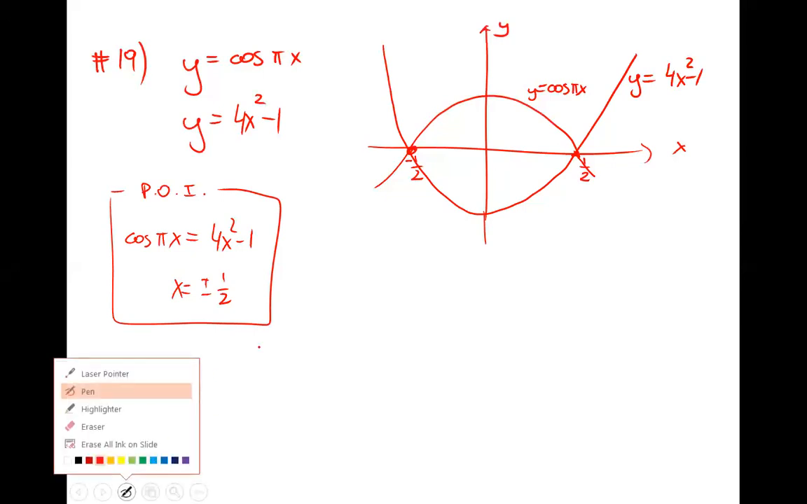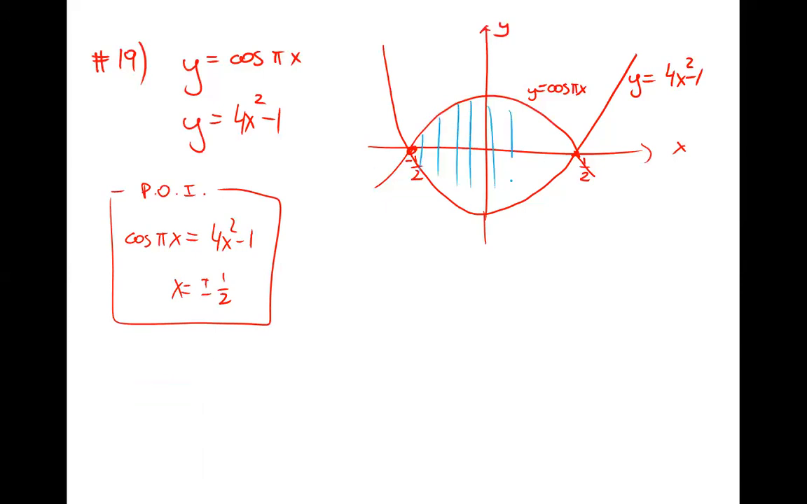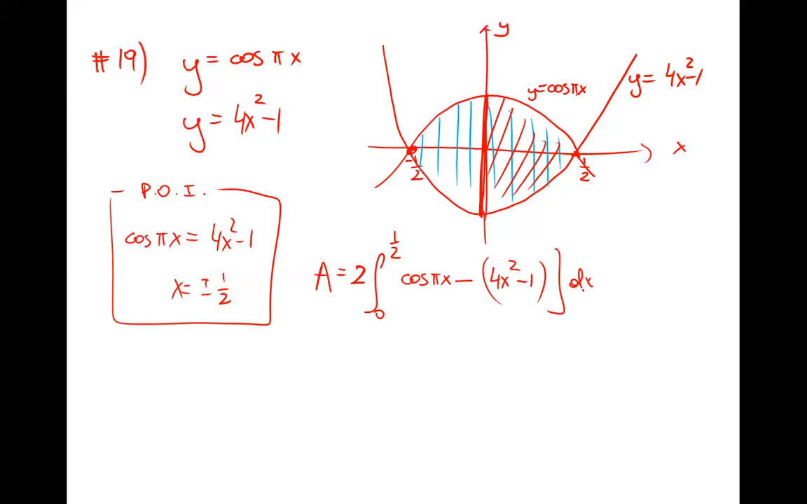Okay, and then the same thing, the area which is enclosed by these two functions is this, and we can set up an integral. Again, I can use the symmetry. I can only set up an integral from 0 to 1/2 and multiply by 2. And the top function is cosine pi x minus parabola 4x squared minus 1. We have to remember to distribute that negative. Okay, and we can try to compute